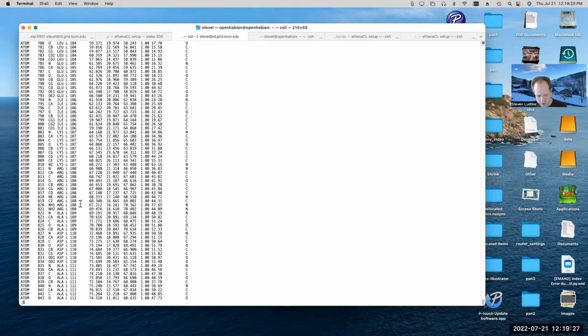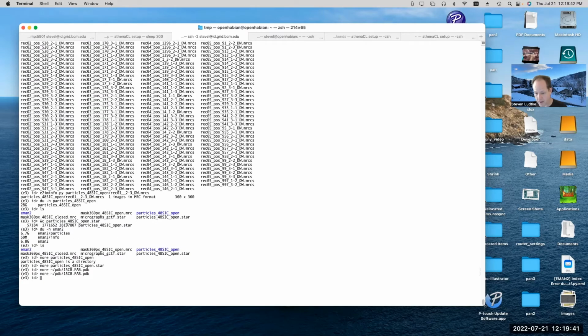Now, the programmers who dealt with PDB files were very resistant to change, and it took on the order of 20 years to get the X-ray crystallography community to finally shift to the new file format. And the new file format is basically in star format. They call it something else, but it's basically star format.